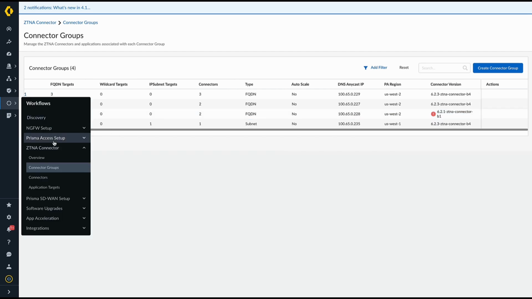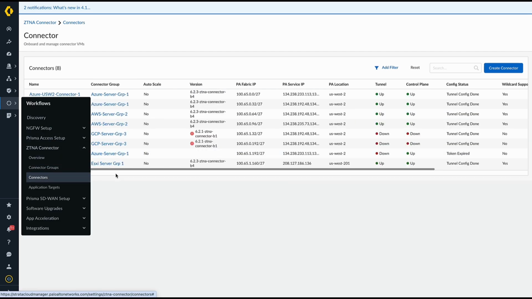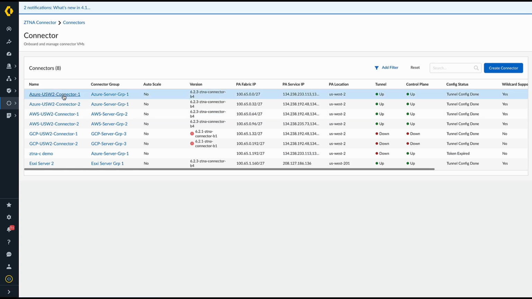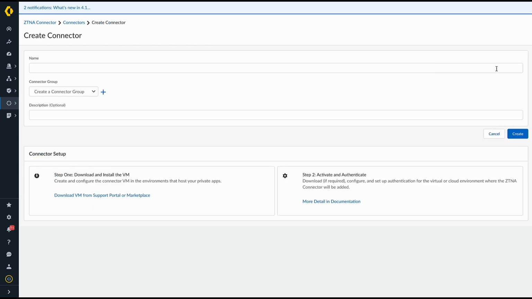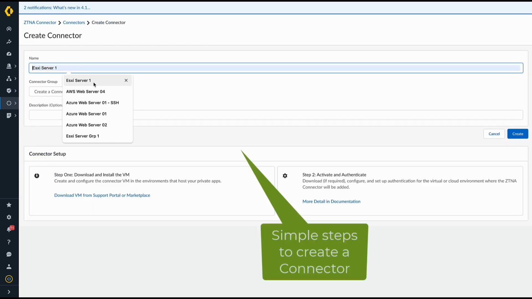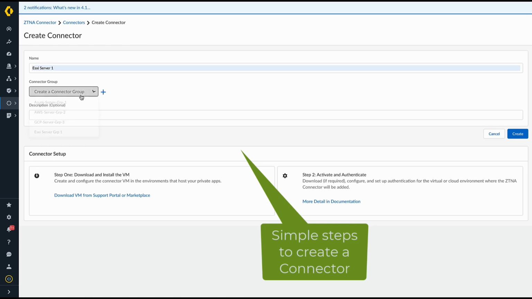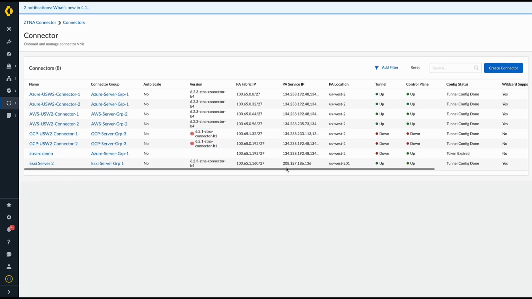Now navigate to the connectors under Workflow, where the active ZTNA connectors are deployed on AWS, Azure, and VMware ESXi. Now create the connector by clicking on Create Connector, give it a name, choose the connector group you want it to be associated to, and hit Create, and go to the key